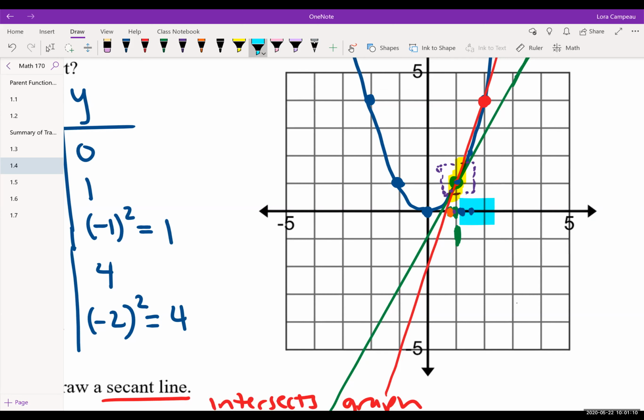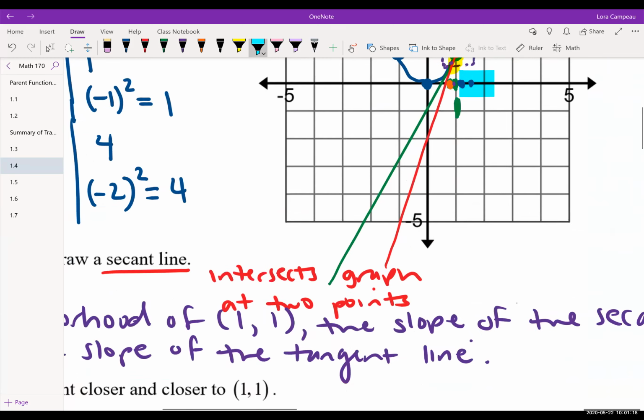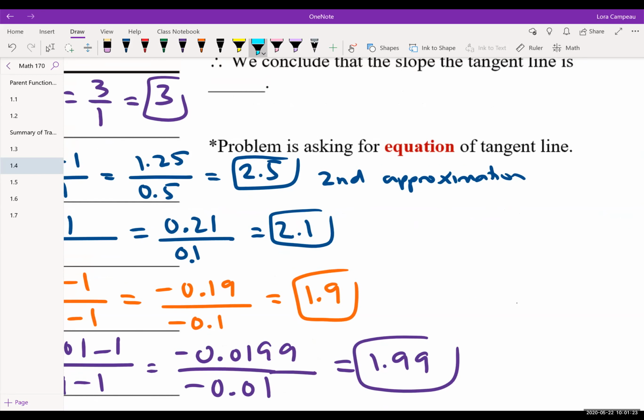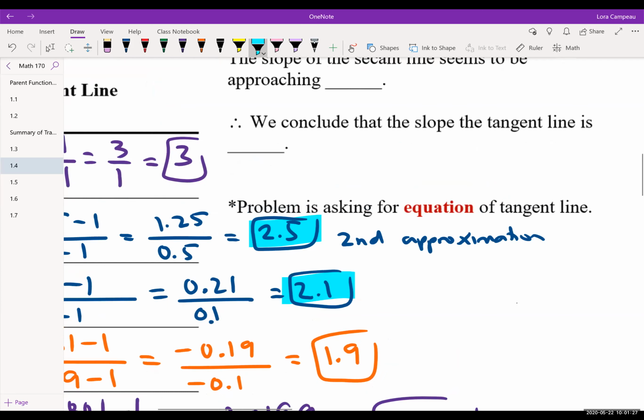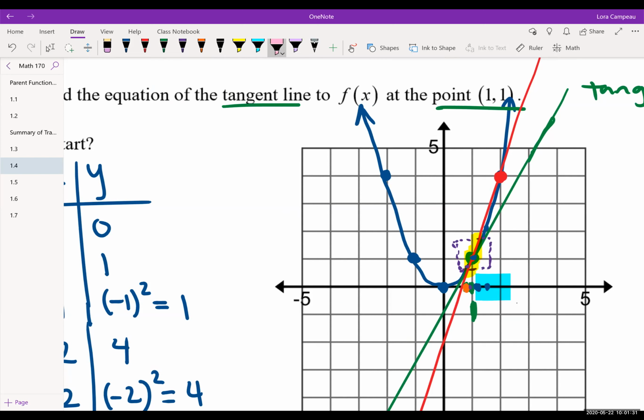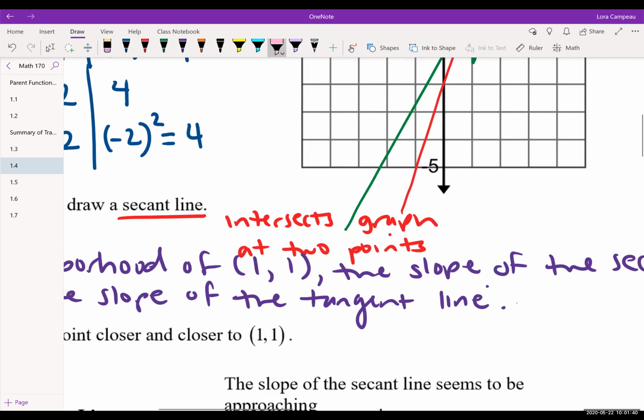So as I was picking points from the right side and finding the corresponding y values and calculating the slope of the secant line, I'll scroll down. I went from 2.5 to 2.1. And then if I'm looking at the left side, so if I was picking values a little bit to the left of x equals 1, and again, getting really close, finding the corresponding y value, calculating the slope between that line,